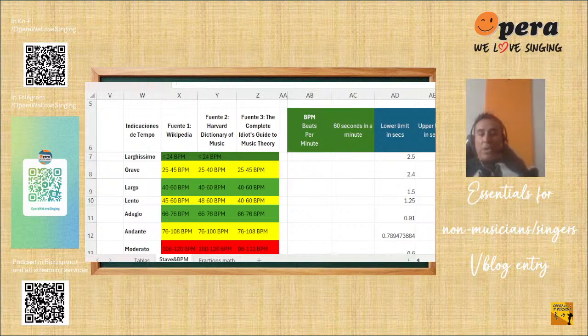Usually what we have is the value of a quarter, which means a quarter stands for a beat. How many quarters in a minute depends. So you usually have this quarter equals,